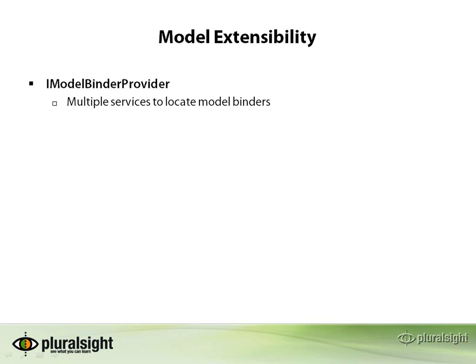MVC 3 introduces extensibility to the components providing services for models. First is the introduction of an IModelBinderProvider. The component implementing this interface is responsible for finding a model binder given a specific type. IModelBinderProvider is very similar to IFilterProvider in the sense that in both cases you can write your own provider